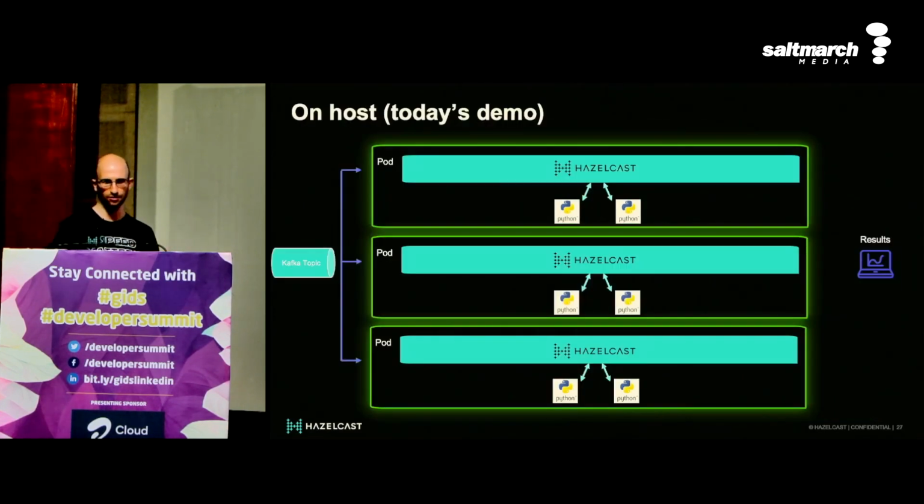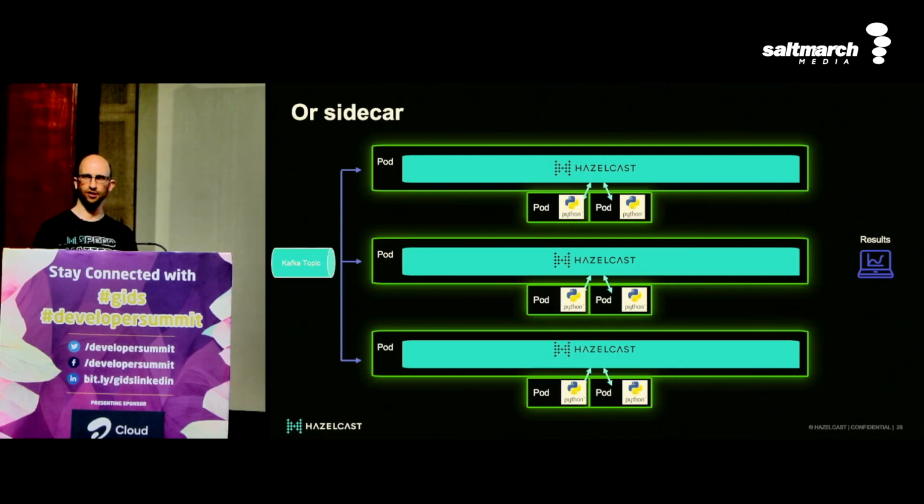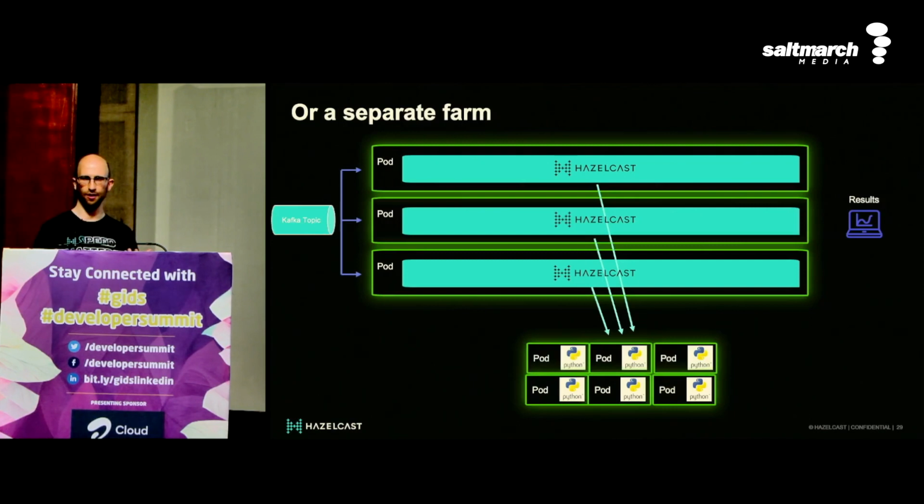So for example, in my case today, I'm using host to do this deployment. In this case, each pod has the Hazelcast instance, as well as the machine learning model inside the host. So this is one way of deploying it. Obviously, you can replicate as many nodes as you want. The other way is called sidecar, which means you have different pods for your machine learning models stored as close as possible to your Hazelcast pod. Or if you don't want to do it this way, you can opt for the separate farm, which is quite common for large scale applications. So you keep your Hazelcast nodes as they are, but you have some kind of farm where you store